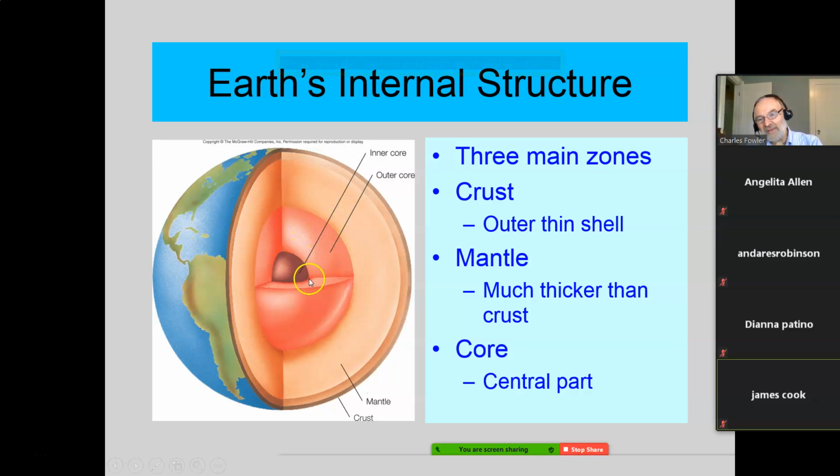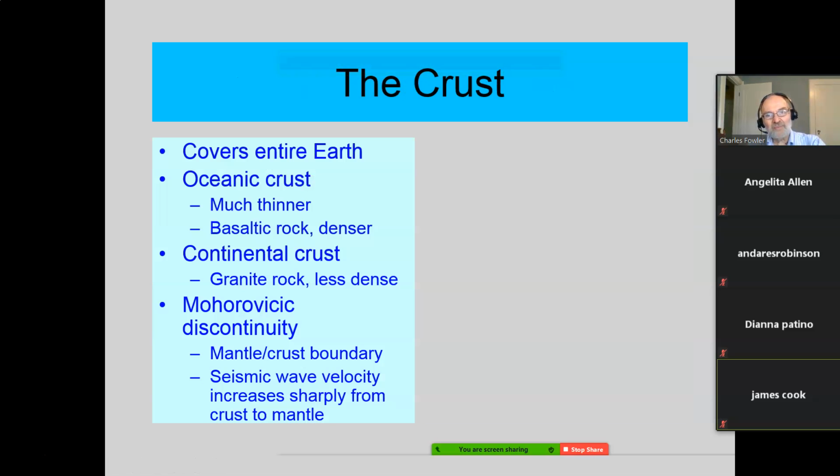And even between the inner core and the outer core, though nobody's been down there to see, they haven't even seen this, they haven't even seen that, I guarantee you though, they're not nice and smooth. They are uneven, irregular, ragged and jagged. Okay, so that's what's wrong with the picture. The picture's a good illustration of the concept, but don't think they're nice, smooth boundaries like that. They hardly ever are. All right, so let's start with the crust.